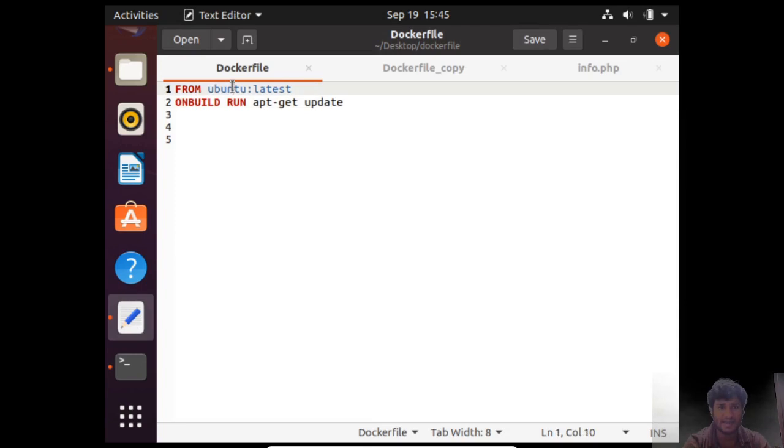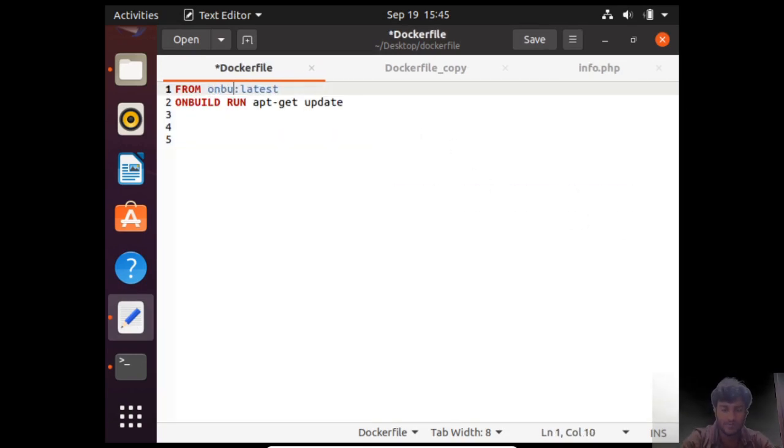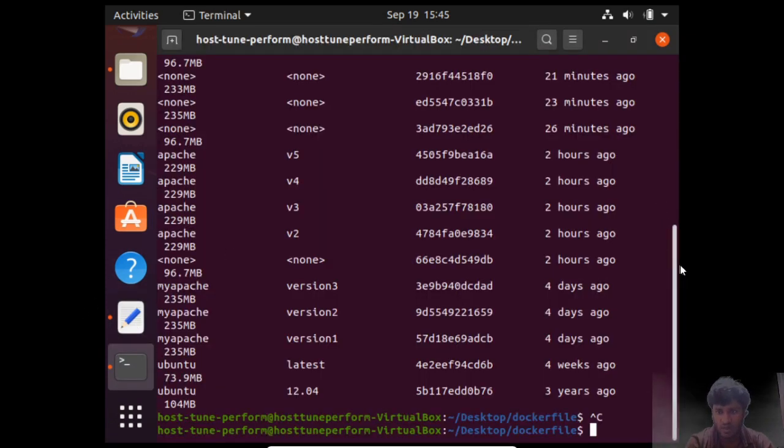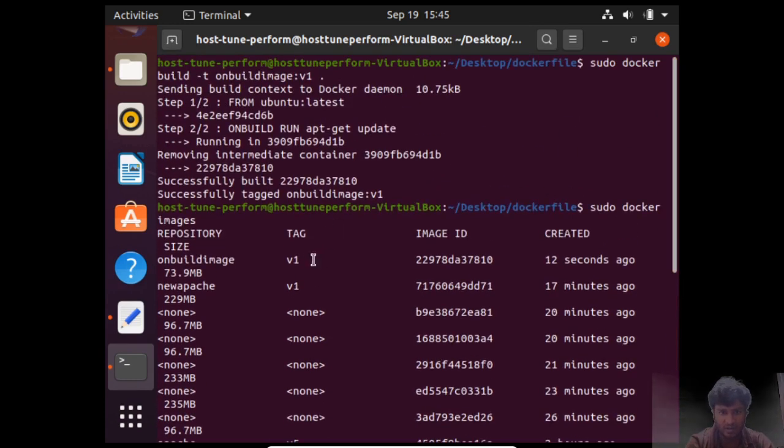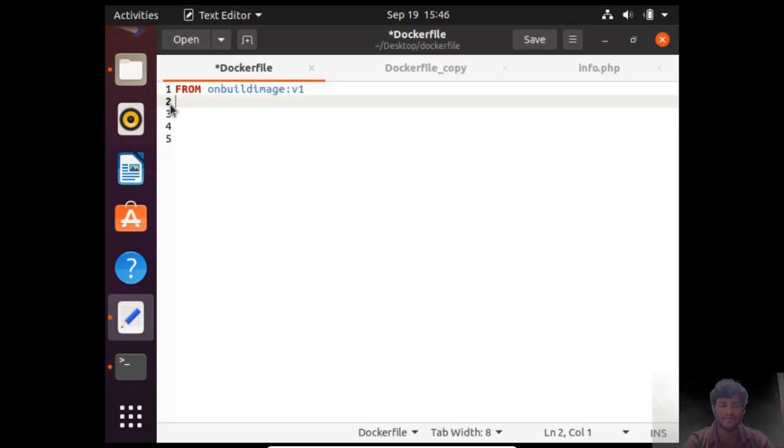Let us create another image FROM onbuild-image, and the version was v1. So we are creating this image from the ONBUILD image, and let us not give any line to it, and I am just saving it.